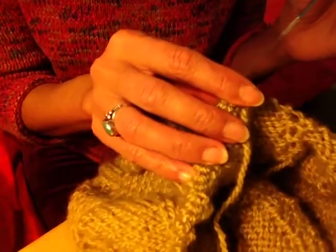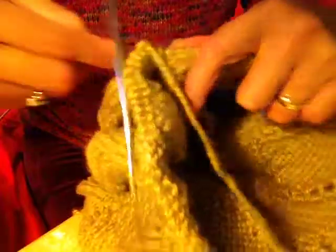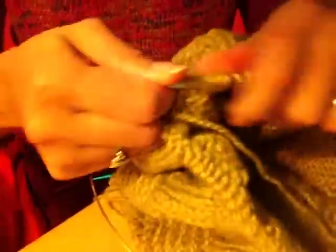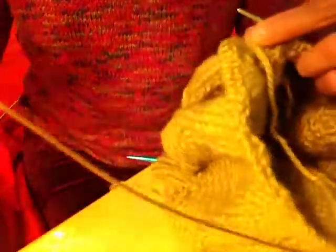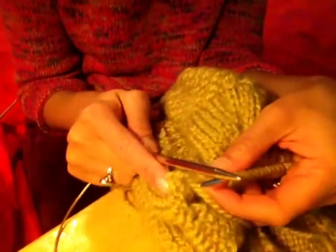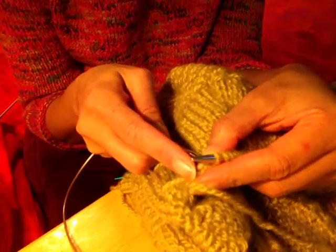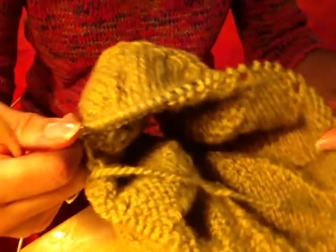So I'm finished on the first half. So the next half I have is on my silver needle. So I'm gonna slide this needle so that my stitches are right at the end of my needle here. And I'll go back and look for the other end of the silver needle. And I will start to knit the same way I knit the blue until I complete my half,